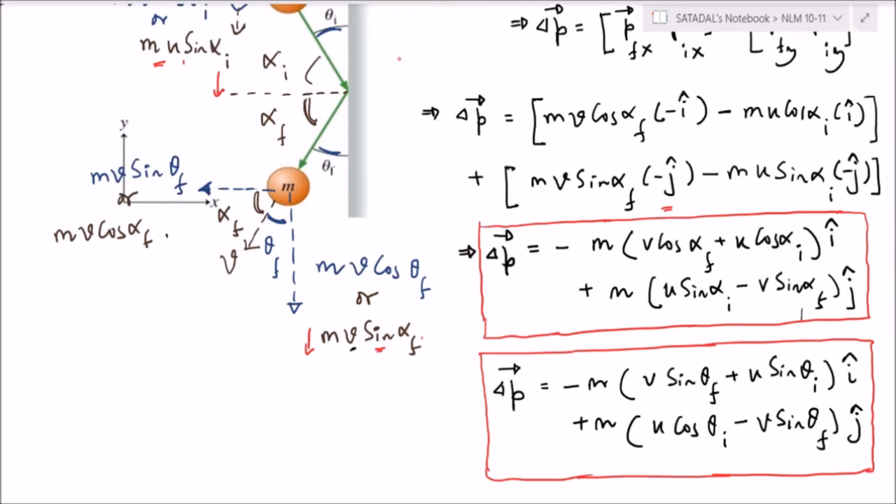Yes, Neeta? Sir, in the conclusion step, that is V cos theta f, sir. Which one? I mean, in the y coordinate. Plus j cap. Correct only, na? Sin alpha f changes to cos theta f, no, sir. Yes, yes. You see? Sine, oh, this is cos, na? Right. Last, yeah, last one. Okay, sir.